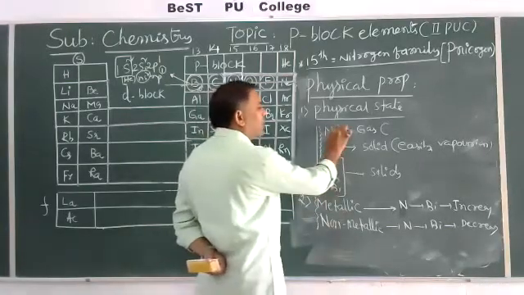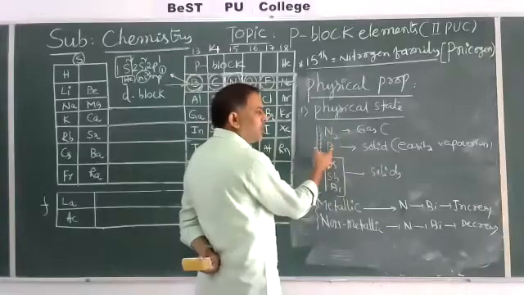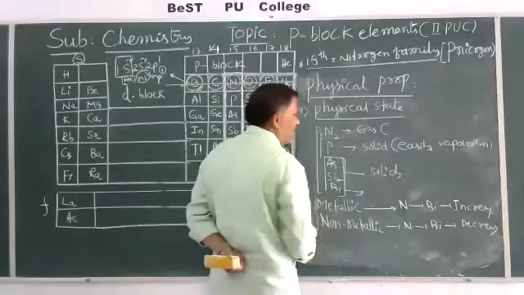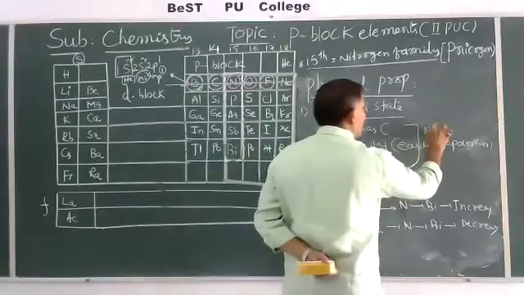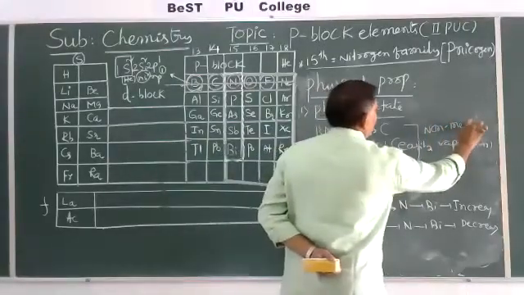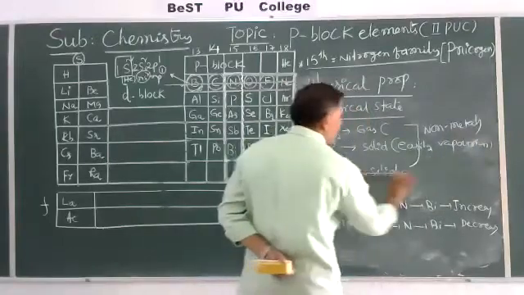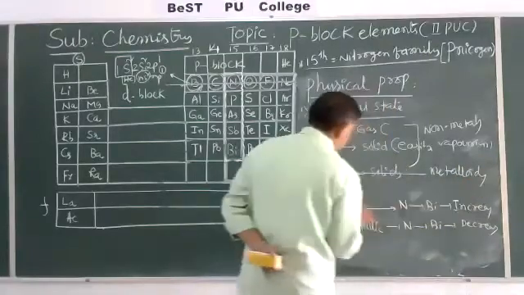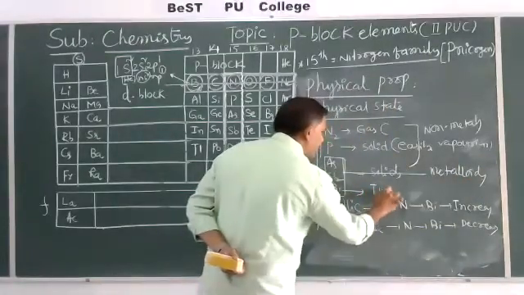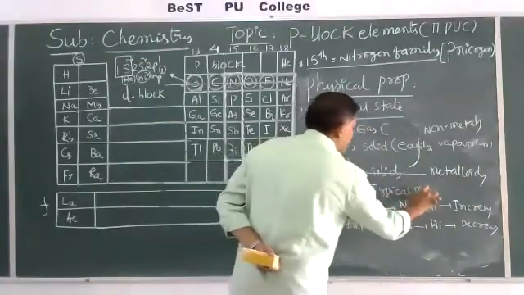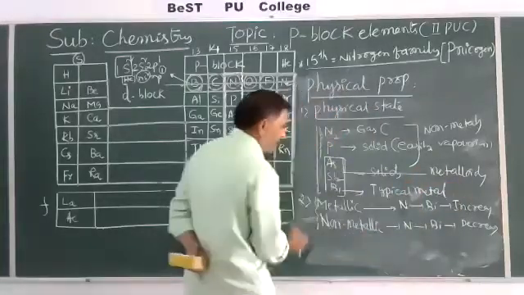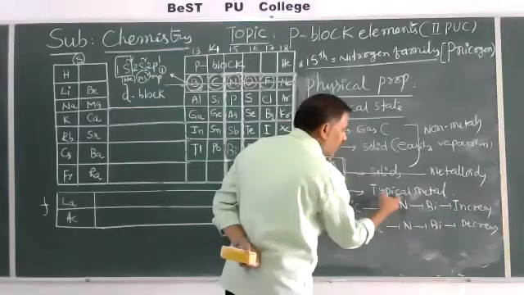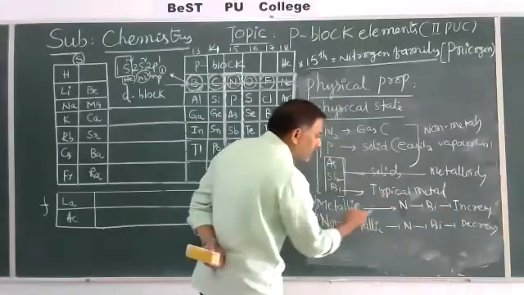It is a non-metal. It is also a non-metal. These are metalloids. It is purely metal. Now these two are the non-metals, and these two are the metalloids, and bismuth is a typical metal. That's why metallic character increases from nitrogen to bismuth because it is a pure metal, but non-metallic character from nitrogen to